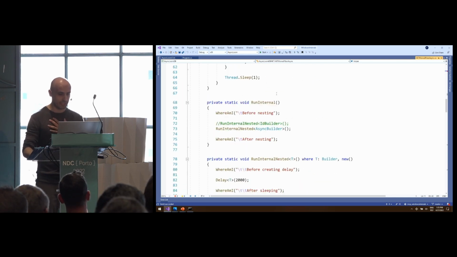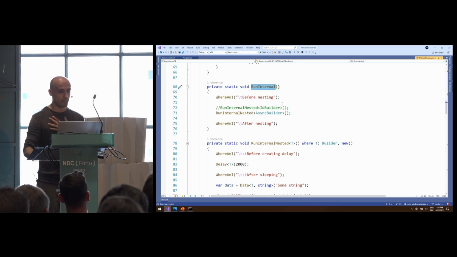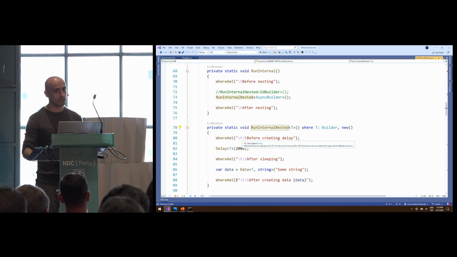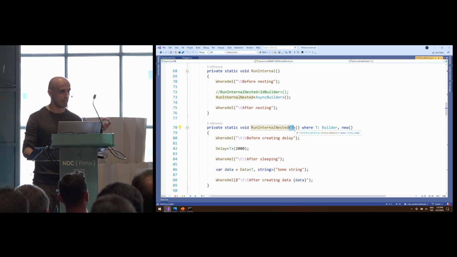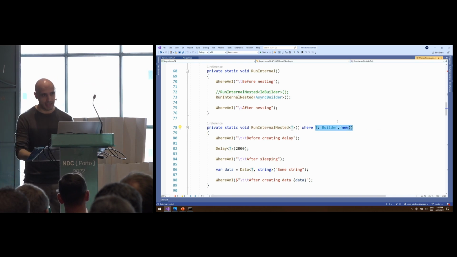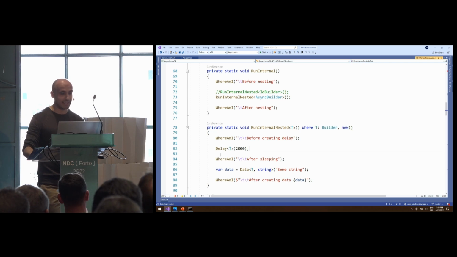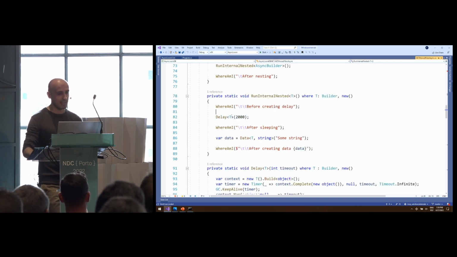So now we are going to have this run internal method, run internal nested. Again, they are like regular methods. No tasks around, no boxes, no continue with, no map. The only thing it does is get this type parameter t, like a generic parameter. And this generic parameter is of some builder, yada yada, just to get the code compiled. And then you see that we are calling task delay in this way, delay of t. We don't care what this t was, okay? We are just passing it through.